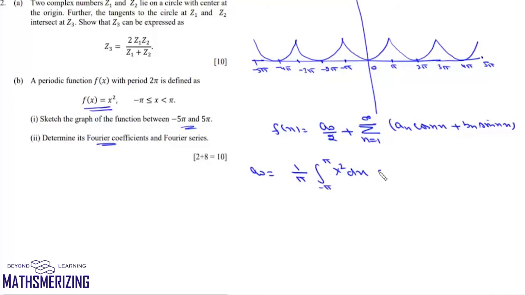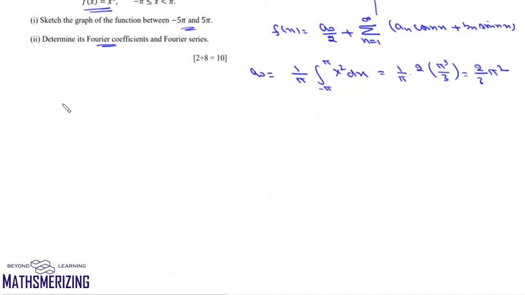So there will be x square dx. So it will be 1 upon pi and then x cube upon 3. So it will be 2 times pi cube upon 3. So this value will be simply 2 upon 3 pi square. So that is the value of a0. Now we'll find the value of an. Now an is